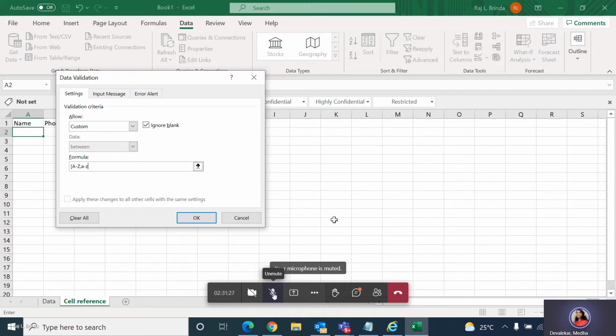Then only it will be a proper email address. First decide how your custom format should be, then apply a rule here and click on OK. Then it will accept the email address in that particular format.